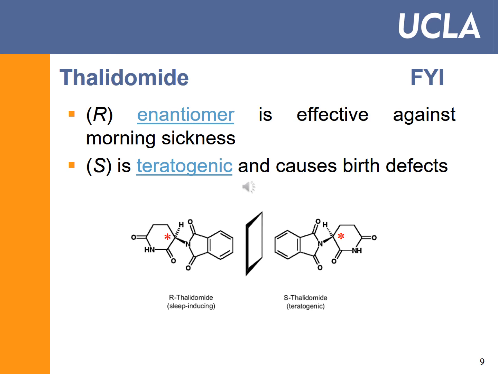And so this drug was developed in the 50s and was proven effective against motion sickness and also was a sleeping aid. So it was given to pregnant women who had motion sickness during their first trimester. And what happened is they saw an increase in birth defects in those women who had taken thalidomide during their pregnancy. So the newborns were missing limbs or missing fingers, and so after several years of investigation,